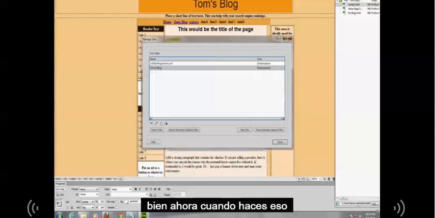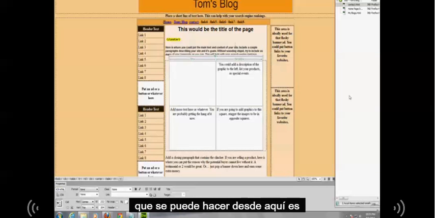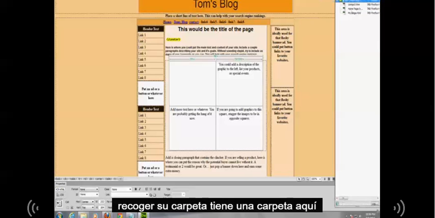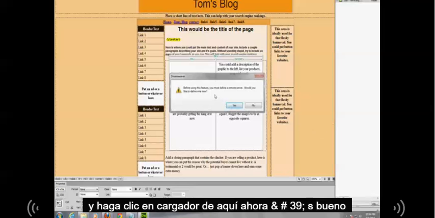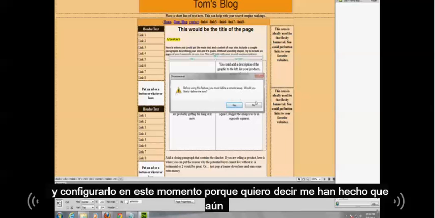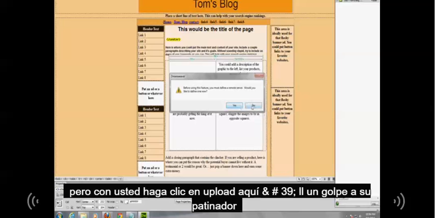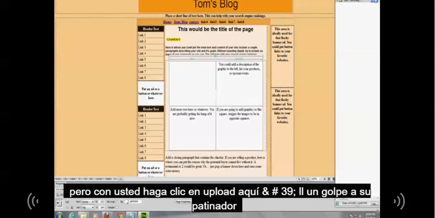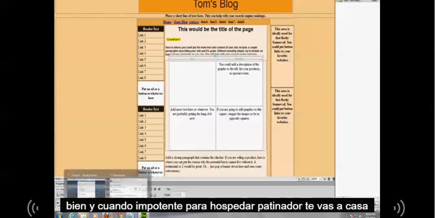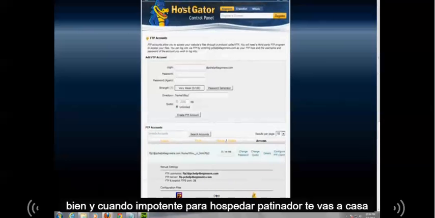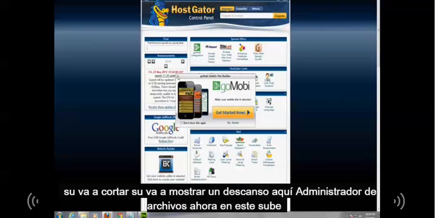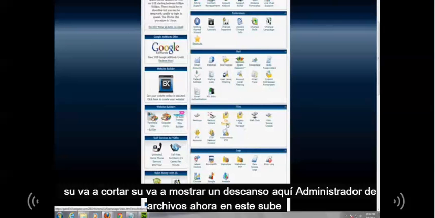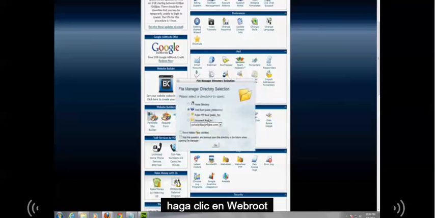Alright. Now when you do that, what you're going to do from here is pick your folder, highlight your folder here, and click on upload right here. I didn't set it up right now because I haven't made that yet. But once you click on upload here, it'll upload to HostGator. And when it uploads to HostGator, you go to home. Let's close this ad. It's going to show up right here in File Manager. Now when this comes up, click on Web Root, click Go,